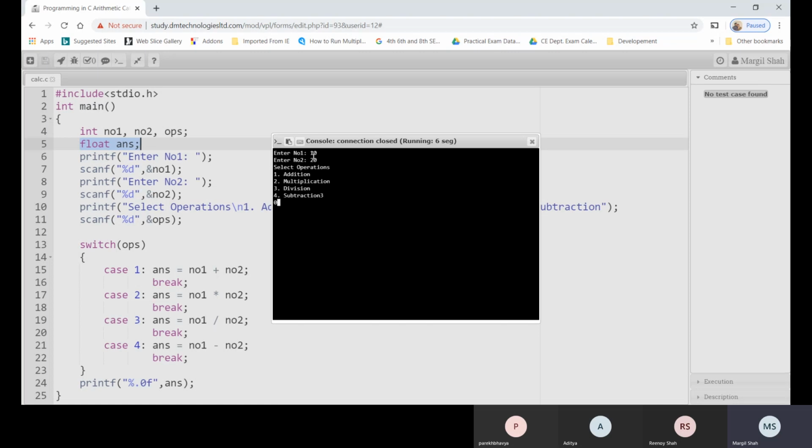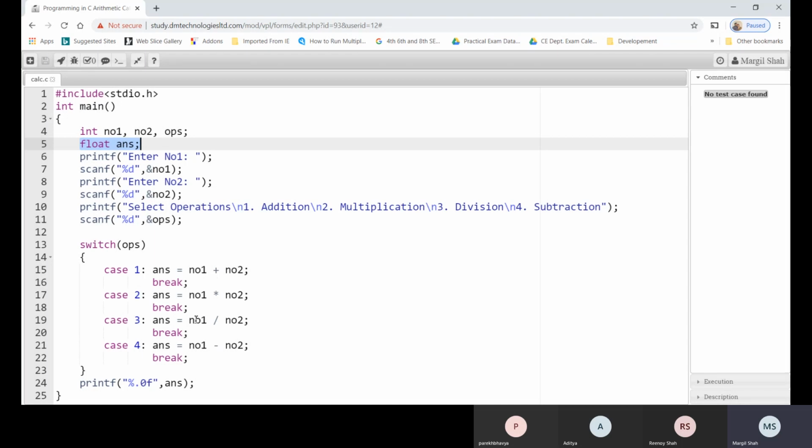The reason is that both of these are integers. So by default, we have the answer 10 divided by 20 as 0 always, because it will truncate the digits after the precision. That means the answer is not 0.5 over here, the answer is 0.